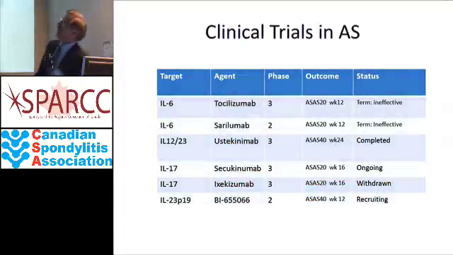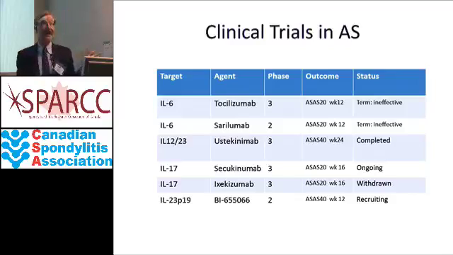What's coming down the pike, as Dr. Haroon mentioned, as we understand the immunology of this disease, there may be different points besides TNF where we could actually interrupt the course of the disease. And you can see several here, and at different stages. These are the ongoing trials.